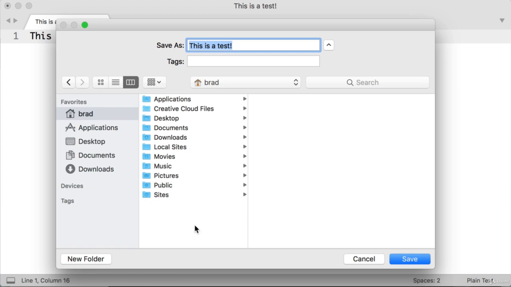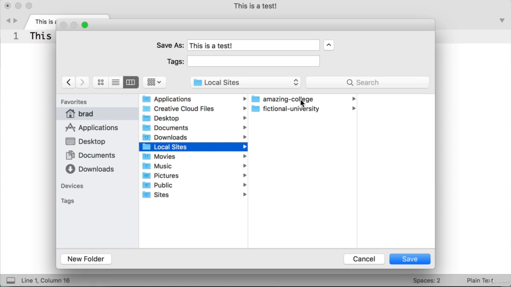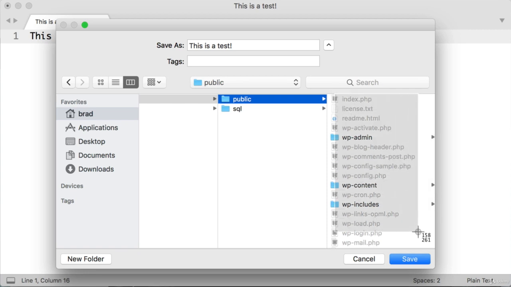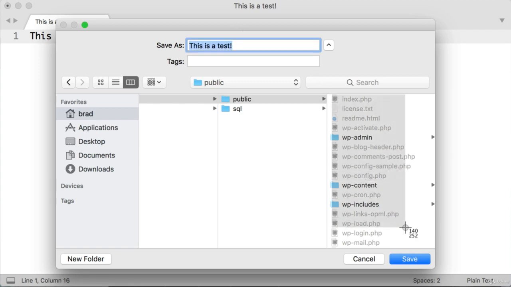We want to save it into that folder where all of the WordPress system files live. So within your user account home folder, click into Local Sites, then click on the name of your site, then App, and then Public. Okay, and this is that same directory that we've already seen twice now, with the different WordPress files and folders. So let's save our new file into this folder, and the name of our new file only matters in the sense that we don't want to overwrite any of the existing WordPress files. So why don't we name our new file experiment, and this is the important part,